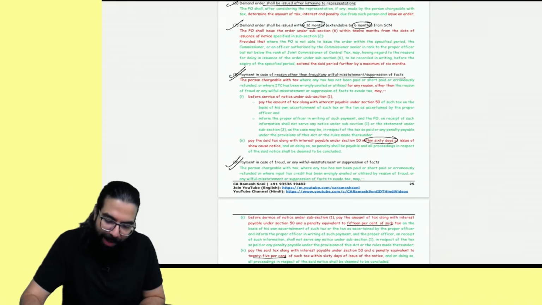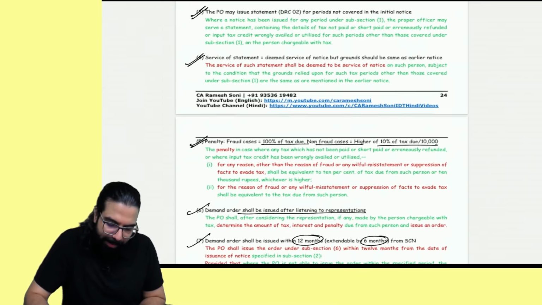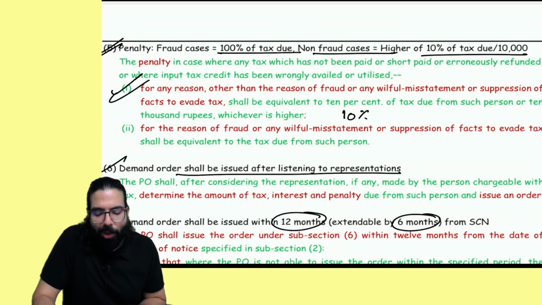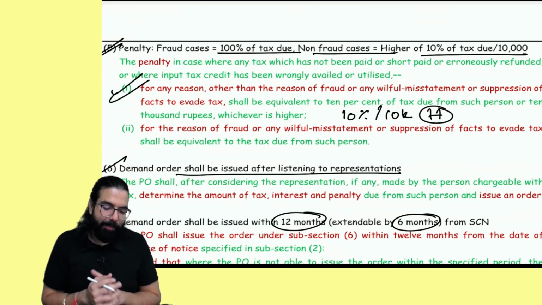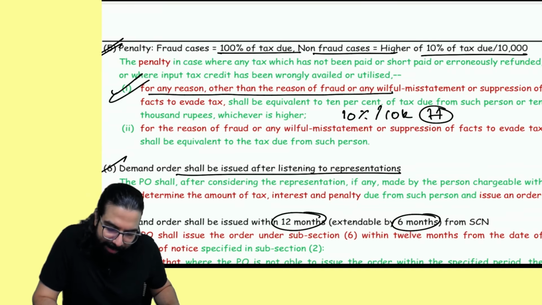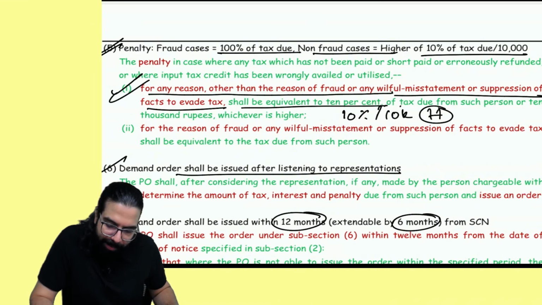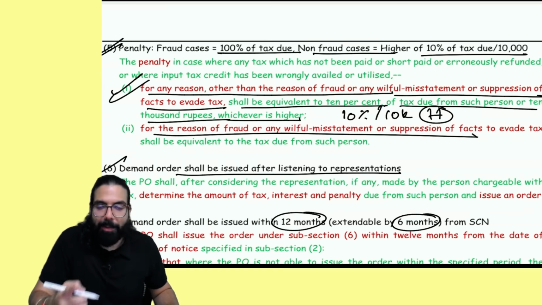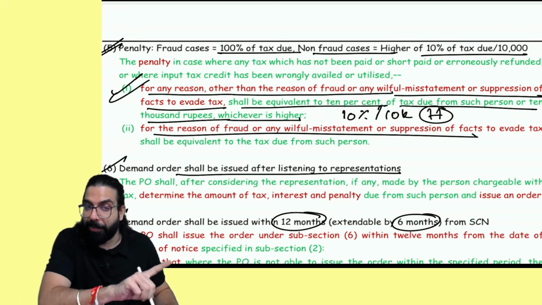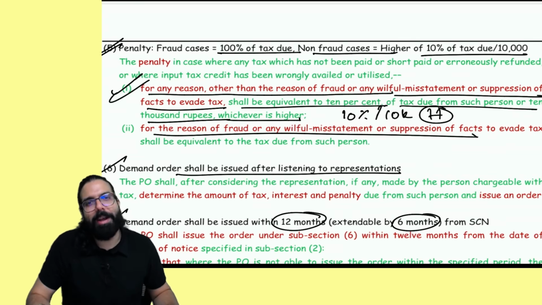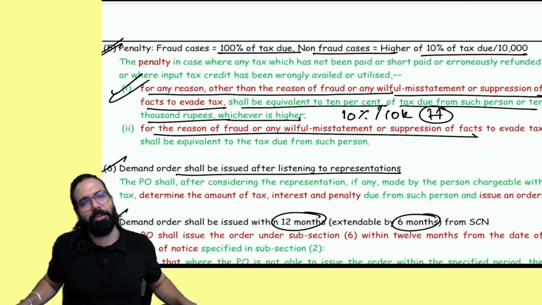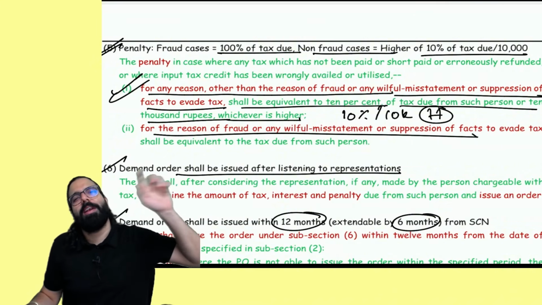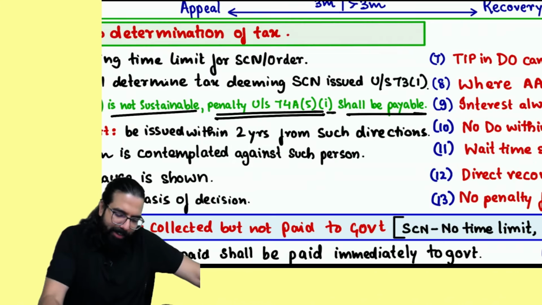What is section number 74A(5)(1)? One minute. Section 74A(5)(1) is when it is not a fraud case. You just have to pay 10% or 10,000, whichever is higher. That's all they have told. It says for any reason other than fraud, etc., then it will be 10% or 10,000, whichever is higher. But if it is a fraud case, then you already know 15%, 25%, 50% and 100%. But if the fraud penalty is charged and you went to the court and the court told that Ramesh is not a fraud, then the proper officer will charge me a penalty as if I am not a fraud, which is 10% or 10,000, whichever is higher. That's all.